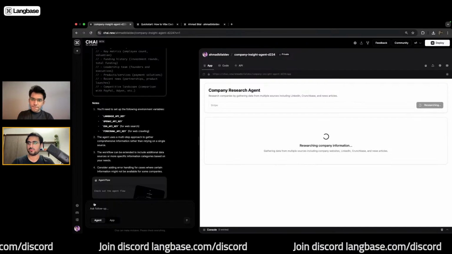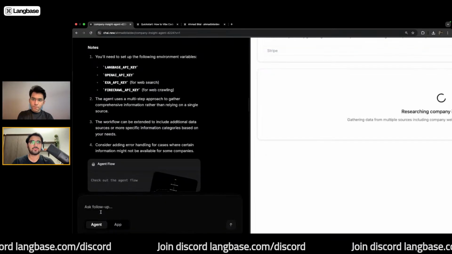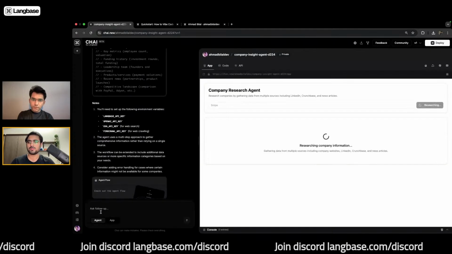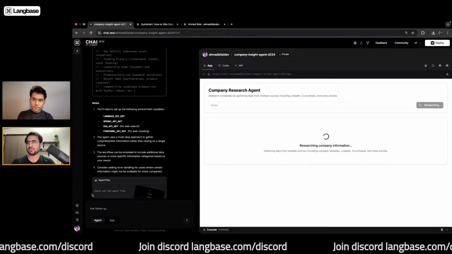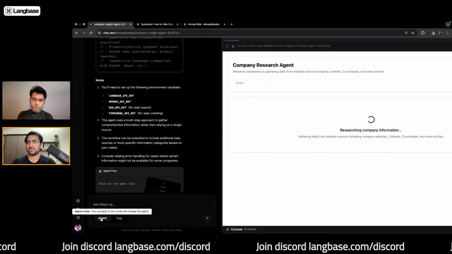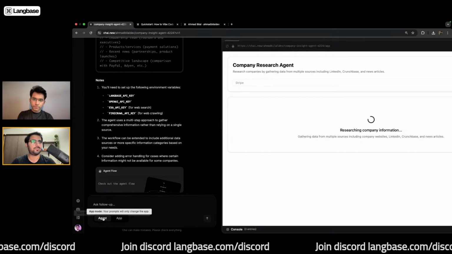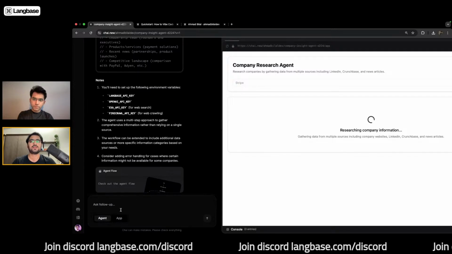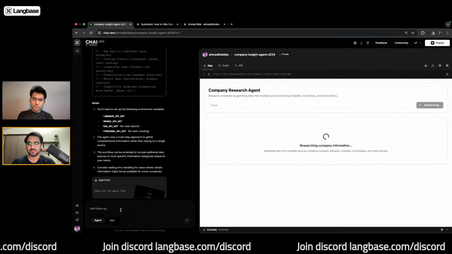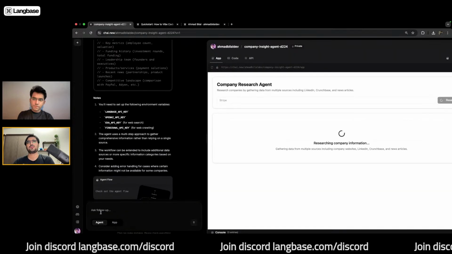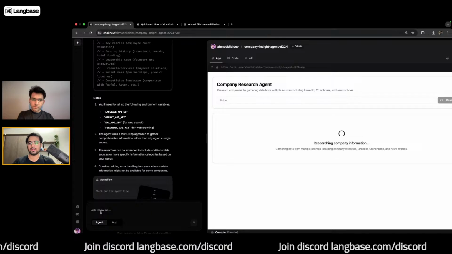And let's go over the steps in detail by jumping into the code after we get this response. But I just want to point out that we now have two different prompt modes. So we have the agent mode as well as the app mode. If you want to modify your agent, let's say I want to use Gemini instead of OpenAI, I would just ask it here because this is where it is going to modify the agent's logic itself.